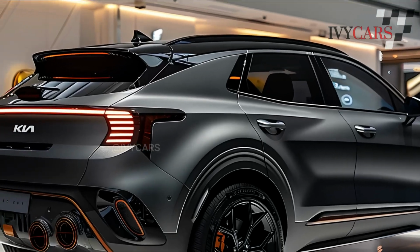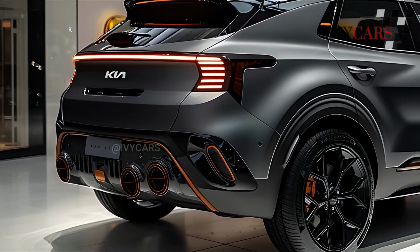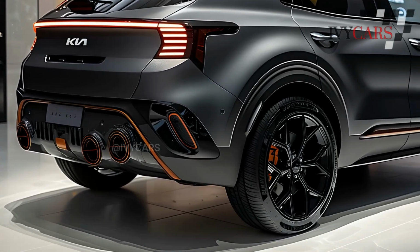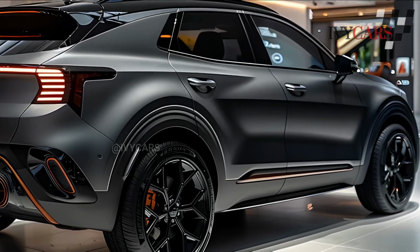In addition, the Sportage's sophisticated and pleasant ride quality makes it an excellent choice for trips both in and out of the city. Its roomy cabin makes it ideal for both individuals and families, with plenty of space for passengers